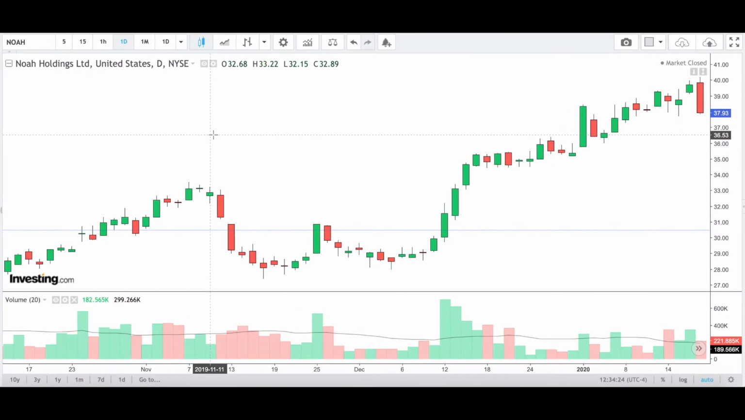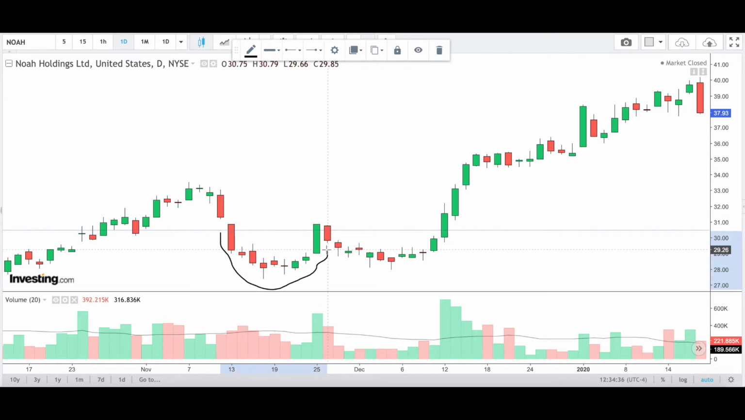Let's illustrate the bowl breakout trick with the chart of Noah Holdings. At first glance of the chart, it is not difficult to notice a bowl breakout here. Or to be precise, a double bowls breakout. On 13th of November, the price started to fall and then bounced back to the same level on 25th. This is the first bowl formed here, while the second bowl formation was right after 25th until the day of breakout,